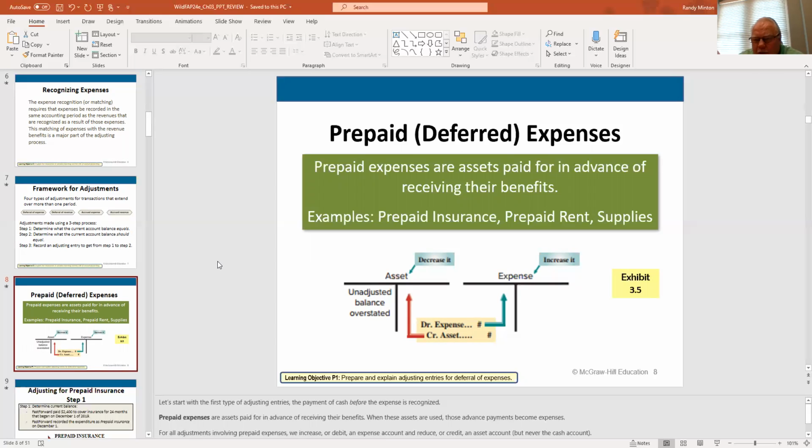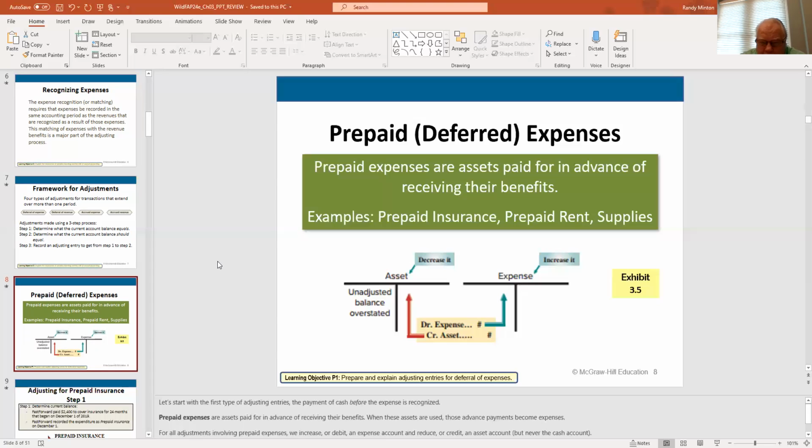I prepay some insurance or some rent, and I pay for them in advance. Now, the reason I do that, by the way, is in the case of insurance, if I prepay my insurance, that is, if I pay for it for a period longer than the current period, if I buy it in January and it expires in December, it's still prepaid in the sense that if I decide to change my insurance carrier 6 months in, I can do that and I'll receive a refund for the unused portion of that insurance. That's why we call it prepaid.